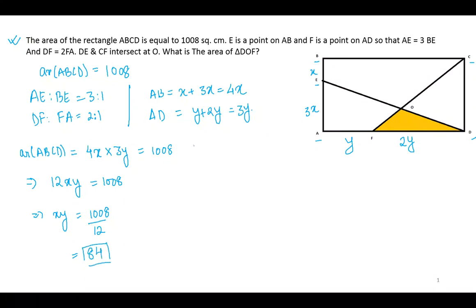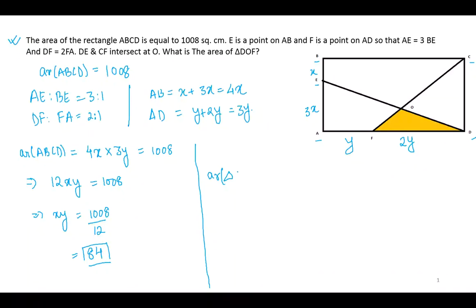Now what you can understand is that we do not have individual values of x and y, but we don't actually need them to find the area of some of these figures. Just knowing the value of xy is enough to find the area of a lot of the figures in this diagram. For example, suppose I want to look at the area of triangle